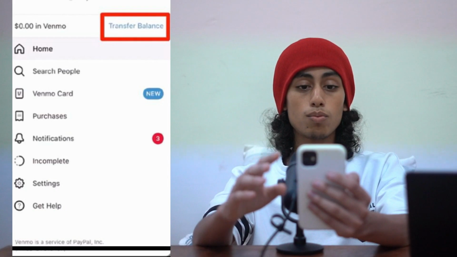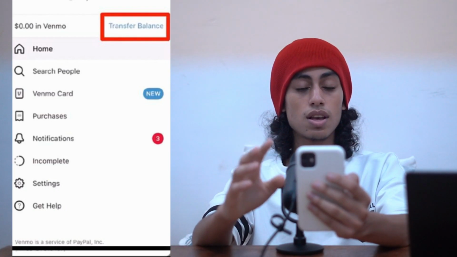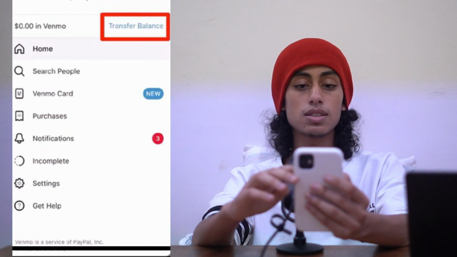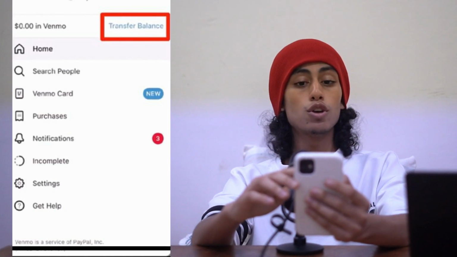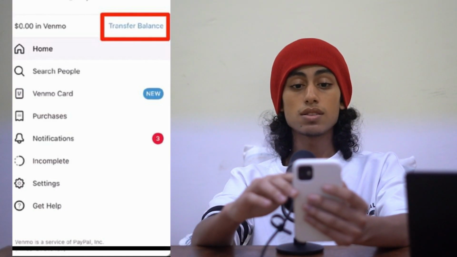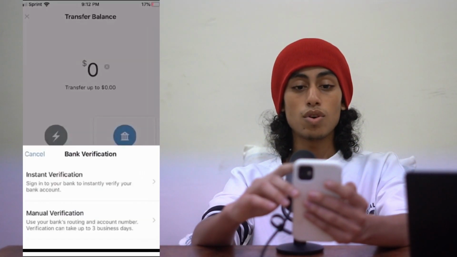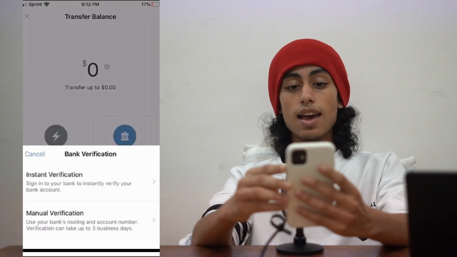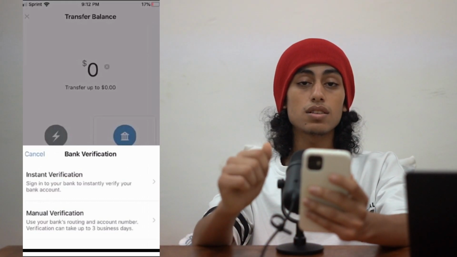You're going to find home, Venmo card, purchases. But anyways, what matters to us is transfer balance, okay? So just click on transfer balance. After clicking on transfer balance, you have here bank verification and you can choose if you want instant verification